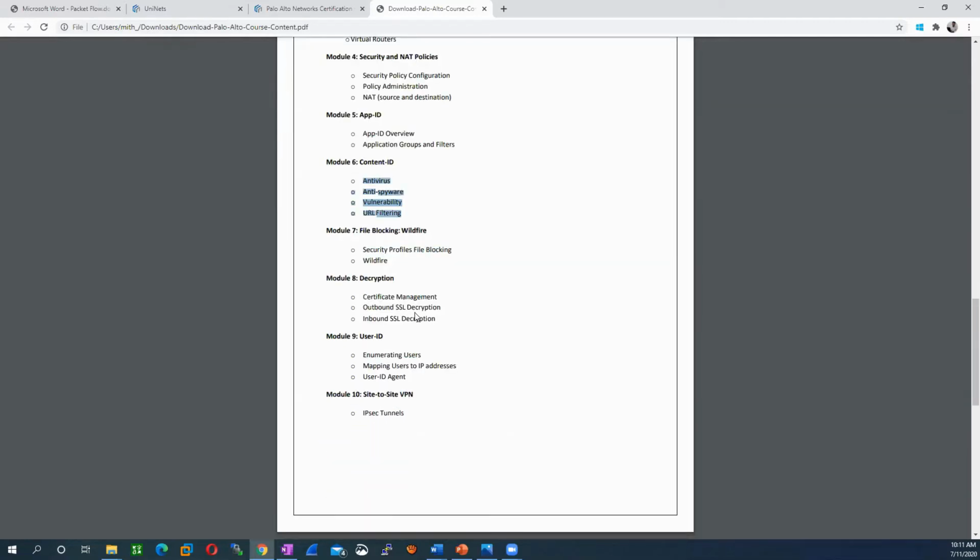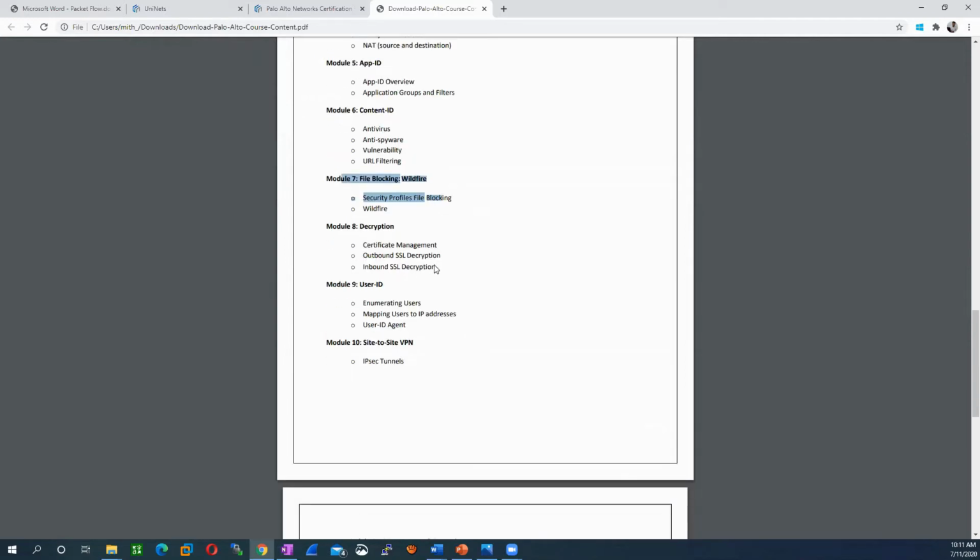Then we have a file blocking policy, so we can block files based on type, such as exe. And the other thing we have is WildFire, which is basically sandboxing. In module 7 we will cover both. Then module 8 is about decryption. If you want to decrypt packets, especially SSL packets, that are encrypted, we need to configure SSL decryption.